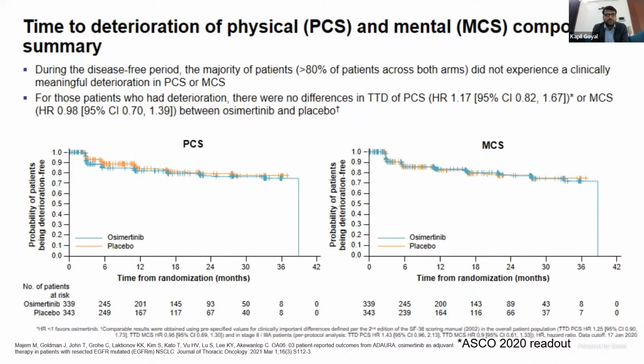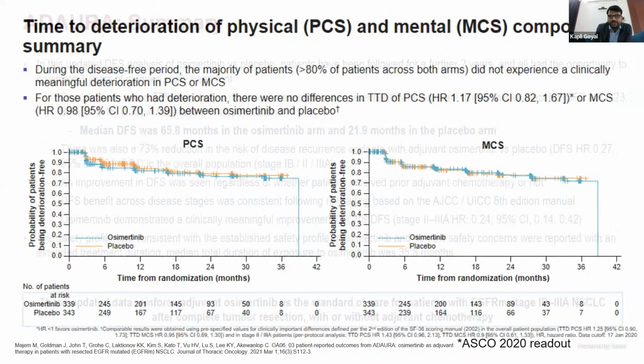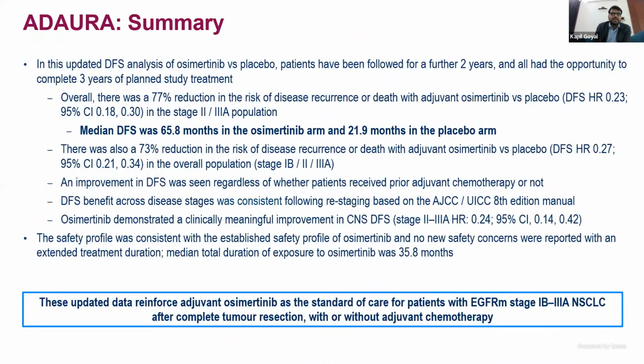If we look at time to deterioration of physical and mental component summary in both the placebo arm as well as the osimertinib arm, they overlap, which shows that with osimertinib the quality of life was not deteriorated. During the disease-free period, the majority of patients did not experience a clinically meaningful deterioration in PCS or MCS, and for those patients who had deterioration, there was no difference in TTD of PCS or MCS between osimertinib and placebo. To summarize,